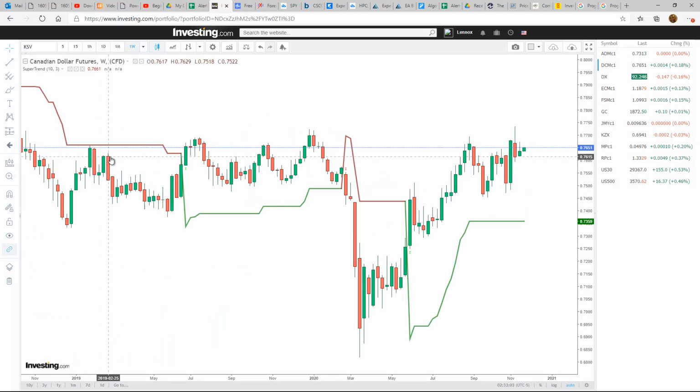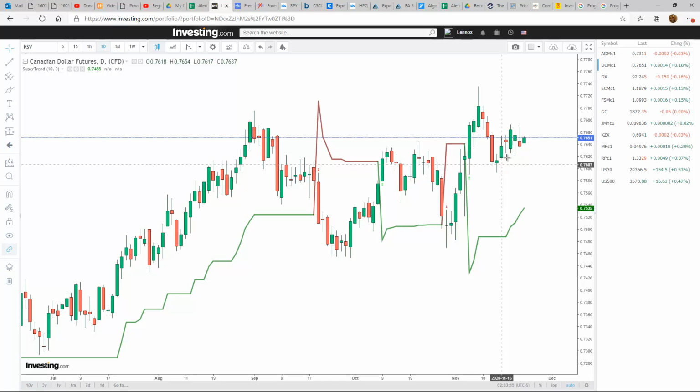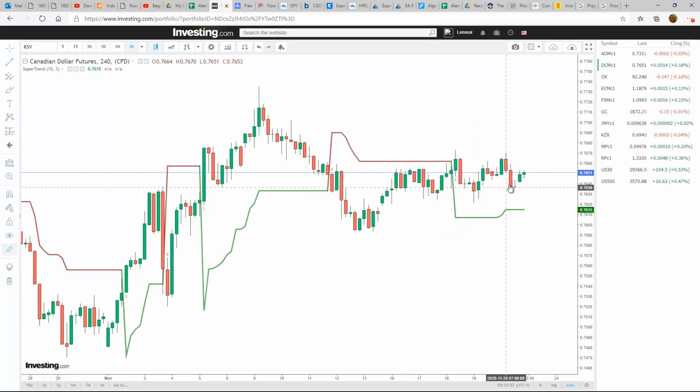And also similar, we're at a resistance area all the way across, but we had strength going in from last week, and we're getting strength again starting this week. And on the daily, we're still pushing to the upside, but again, we are still right at that resistance area, so there's going to be some struggle to get higher. But it looks like the trajectory is to the upside overall, and barring any unforeseen events, it looks like Canadian dollar sideways to up for the remainder of the week. Okay,